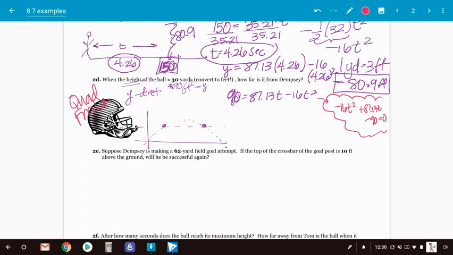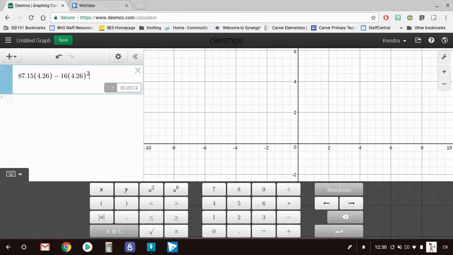Another way is going to be to graph this. And so I'm going to graph 2 things. I'm going to graph the equation. Now, Desmos doesn't do t, so I'm going to graph the equation y equals 87.13, I'm just going to use x minus 16x squared, and y equals 90. I'm going to graph both of those into Desmos and see what I get. Okay, so in Desmos, I've got